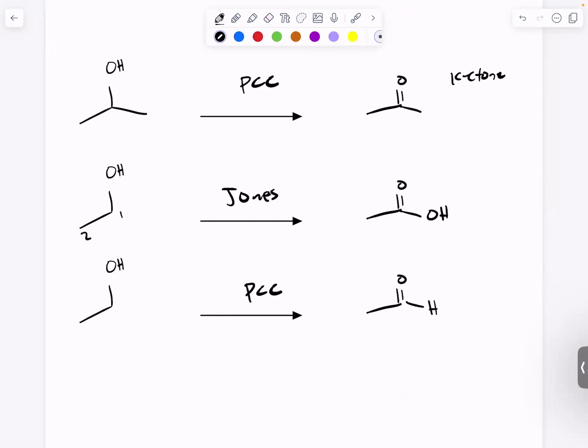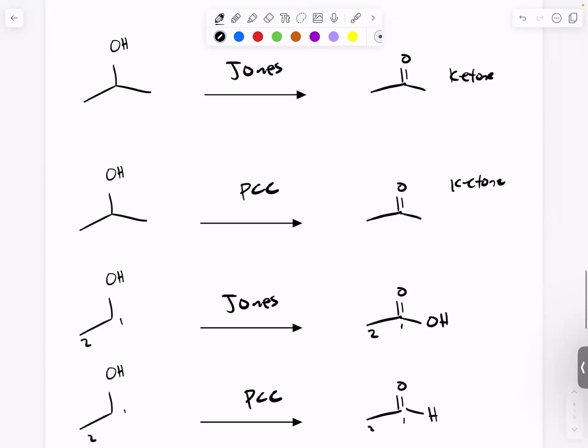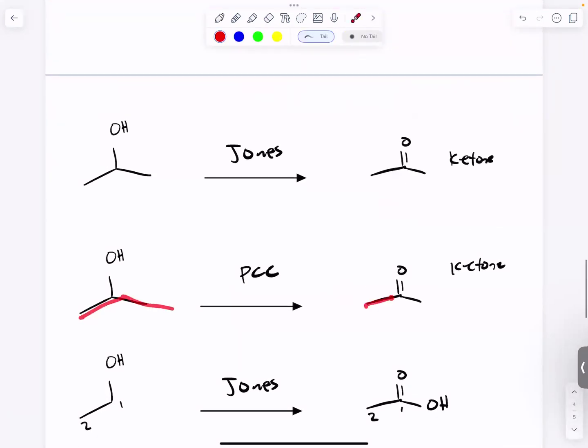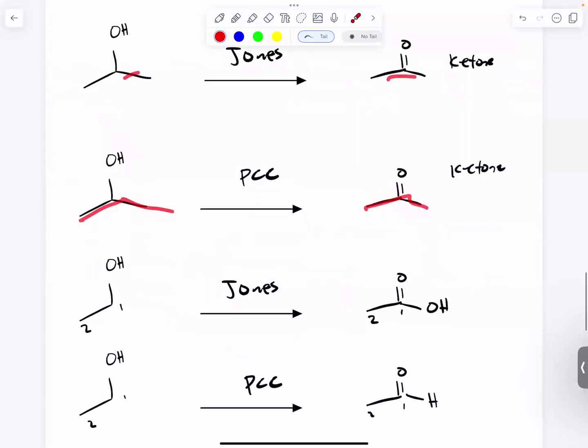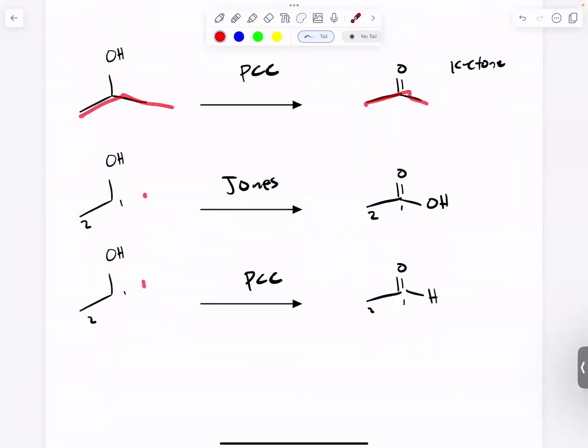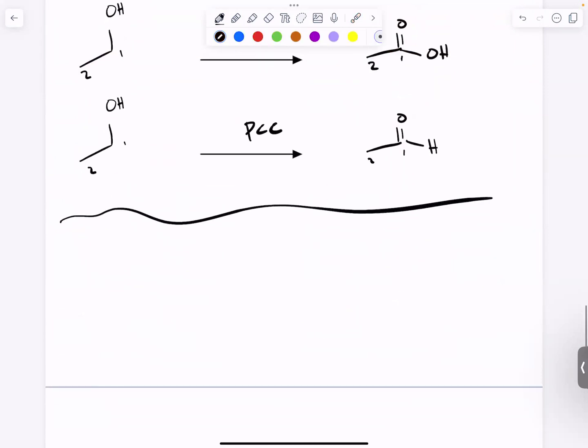And then just to double check, of course, there's only 2 carbons there. And then up on top, I still have the 3. So things look pretty good. So we got ketones up on top for secondaries, primaries here with Jones, carboxylic acid, and then here at the PCC, the aldehyde. And again, this is going to be helpful for your synthesis problems too, because they'll probably start you off